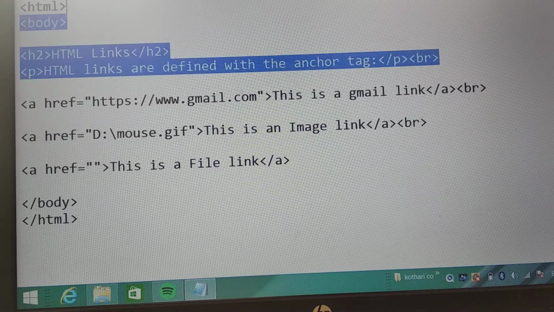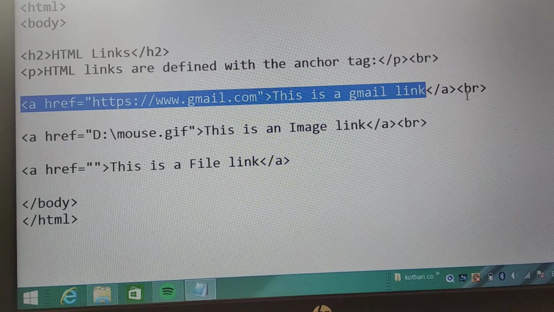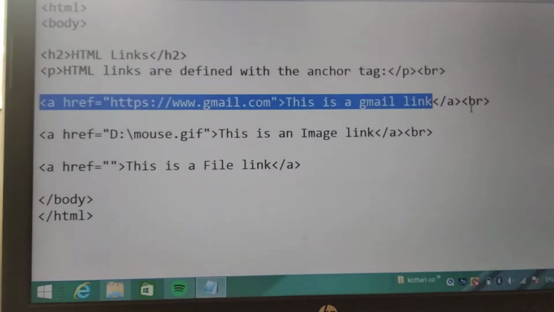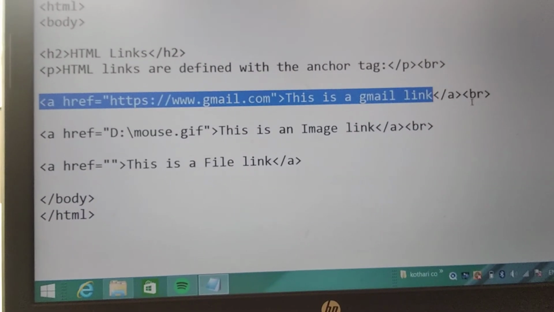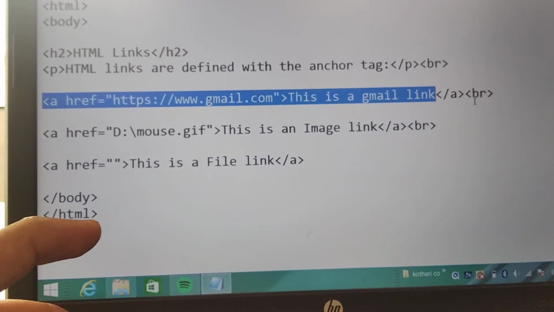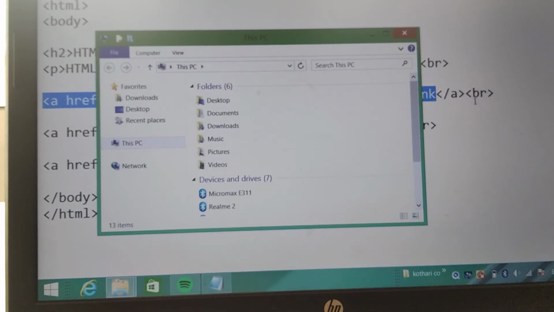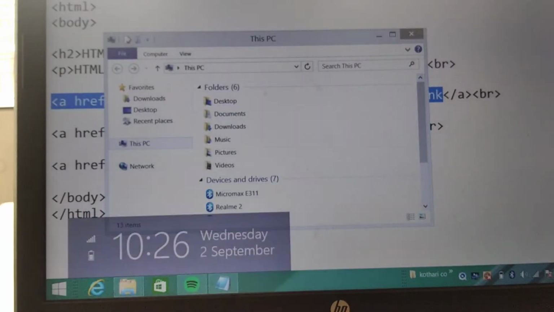For taking the path, I will directly open the drives.